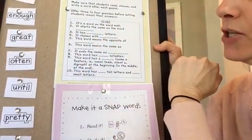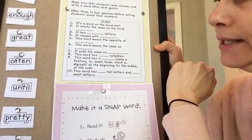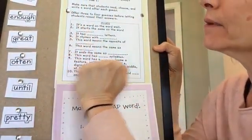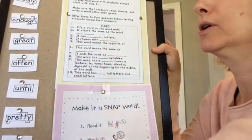So let's pretend I choose the word, let's see here, of all these words. What if I choose, I'm not doing a good job of thinking about a good word to choose. So here,